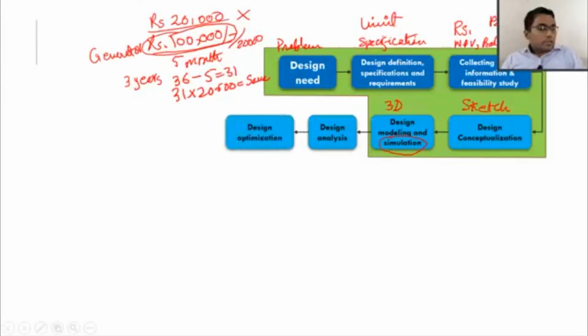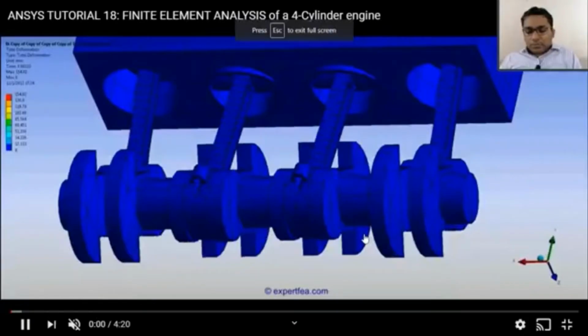The next process is called the design analysis process, in which we look at the design and see where the higher stresses are occurring. So after the synthesis process, the design analysis process tells us where the higher stresses are being formed, where we have to put some more material, and where the stresses are too low so that we have to remove material. This is called design optimization. In the design optimization process, we increase or reduce the material. Basically, the simulation, design analysis, and design optimization processes occur in FEA, the finite element analysis process, and this is done in software like ANSYS, Abaqus, and other software.